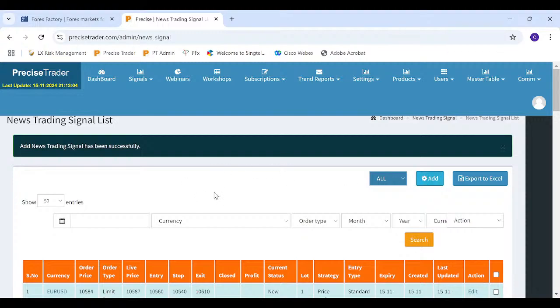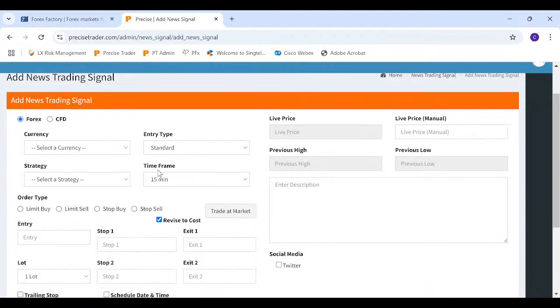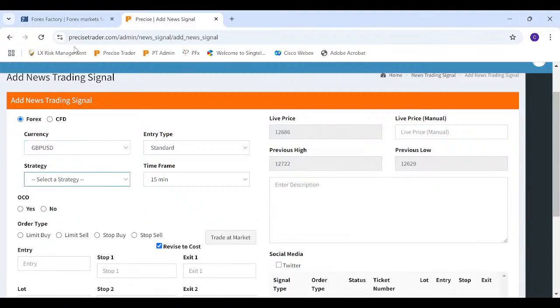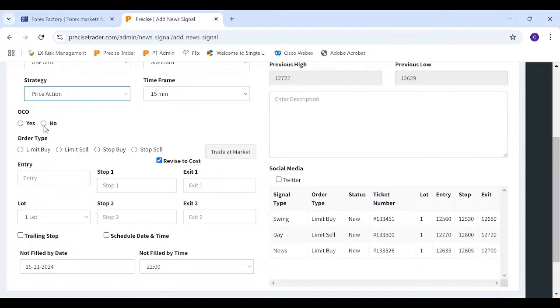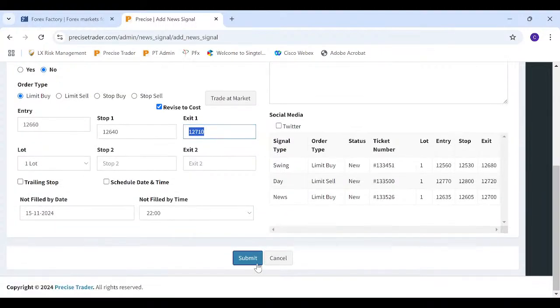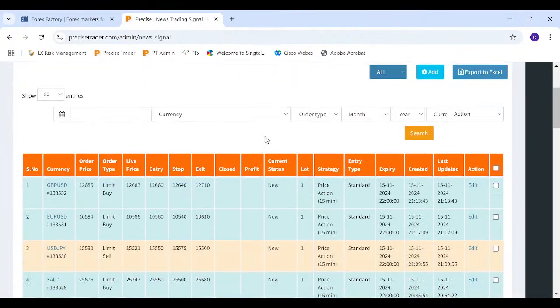Okay, so this is going to be another order. 12660, 40, and 12710. Okay, then if that's the case, then the other order I think we need to lower it